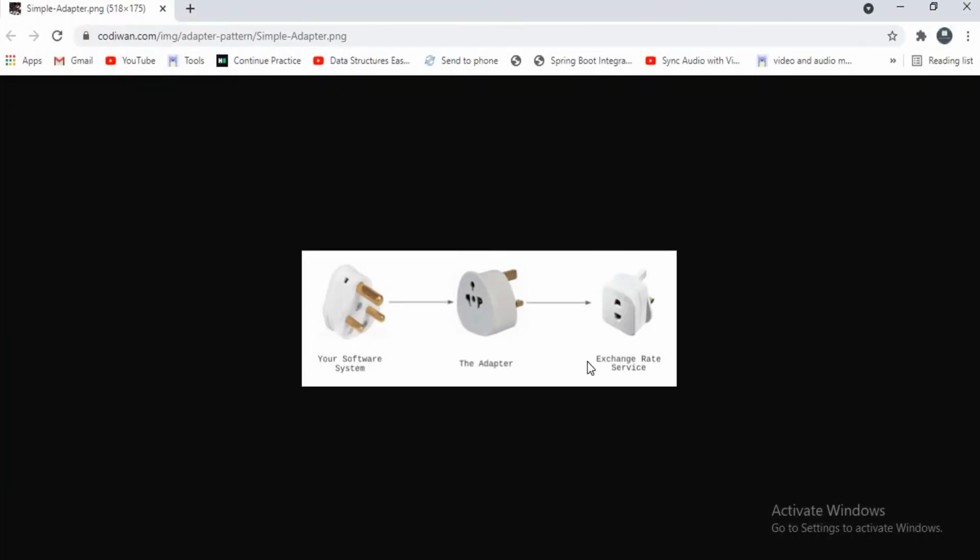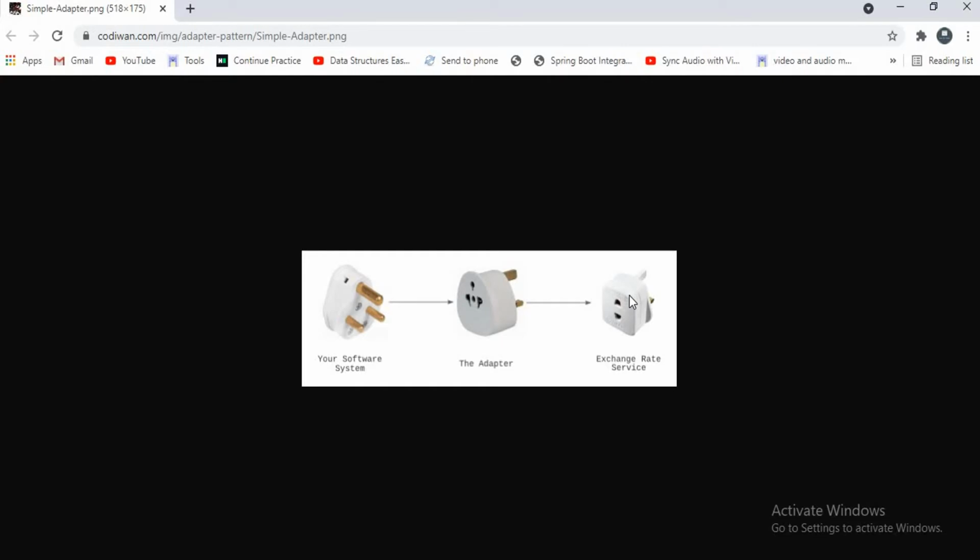Assume this is an existing project, and the client wants the capacity for connecting this one to our switchboard, which contains this supported pin. For this we cannot connect this 3 plug pin. Normally only a 2 plug pin is supported, but the client requirement is that he wants to connect the 3 plug pin to our switchboard. But as it is a client requirement, we have to fulfill it.